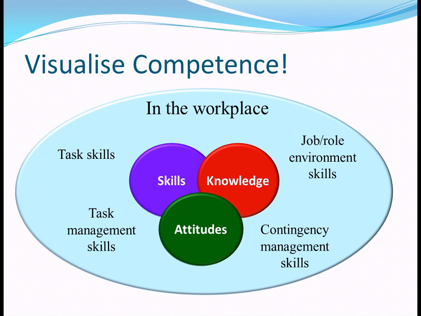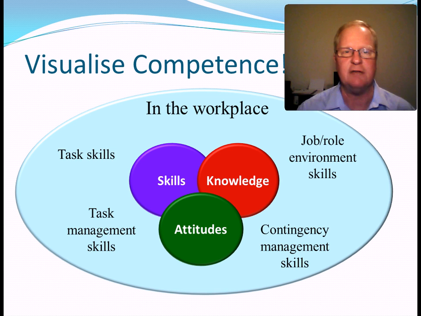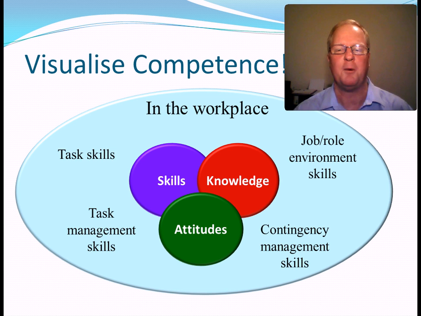And the final one about visualizing competence is understanding what the contingency management skills are in relation to that competence. And what we're talking about there is what happens in relation to a particular task. If something goes wrong, how do I handle that? How do I manage it? It's like the what ifs. If I'm doing a photocopy,